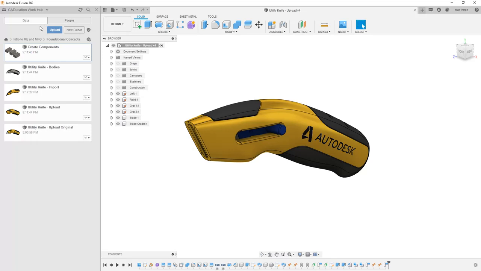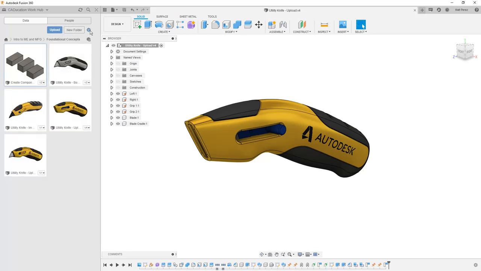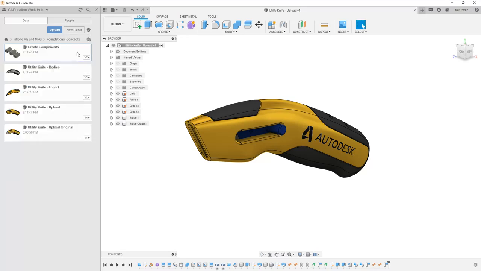In the data section, we can see all of the different files that are inside of this subfolder. But keep in mind that when you invite somebody to a project, they're not going to be looking at just the subfolder, but they'll be able to see all the information in that project. Also note while we're in the data panel that we have some settings. These settings allow us to change the way in which we display this information. We can view it as a grid, as a list, we can change the way it's sorted, and we can